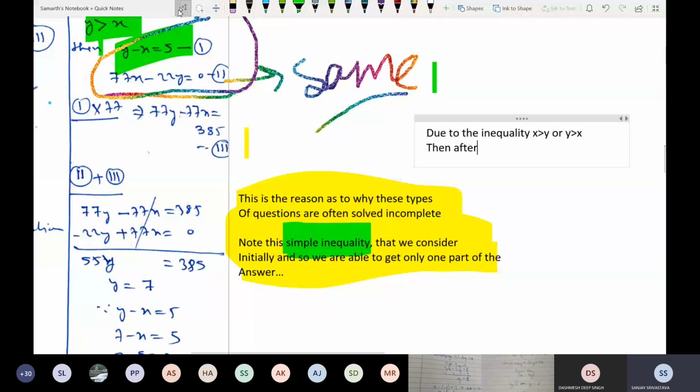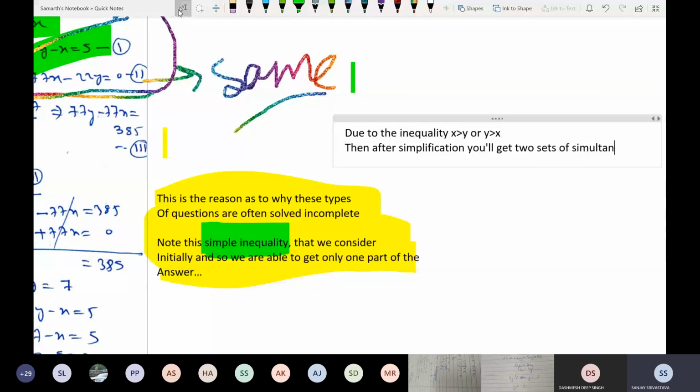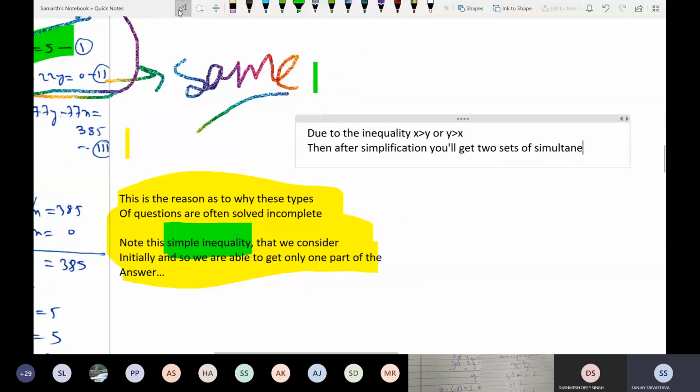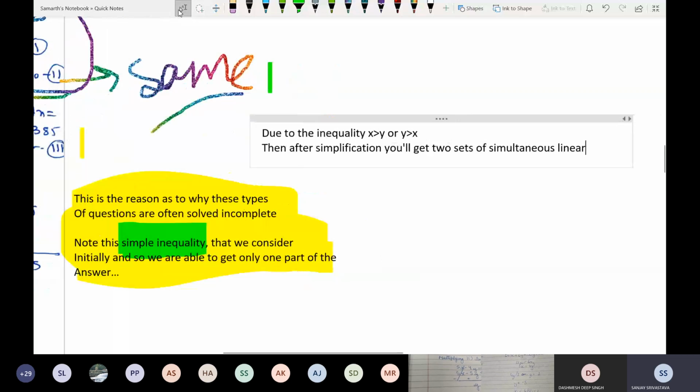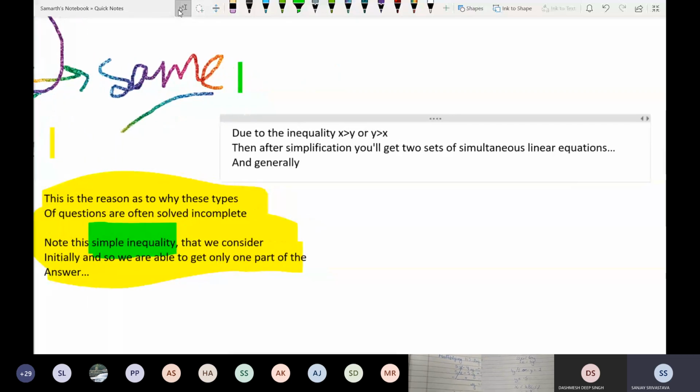Most of the time I've seen the boys find only one answer, only one number, but in these type of questions, whenever the difference of the digits is given, there is a possibility of two numbers. So always try to find the second number also. One number is 45, other is -45. These two boys have really impressed. Very good. And not only these two, but there are many others also who have shown the correct working.